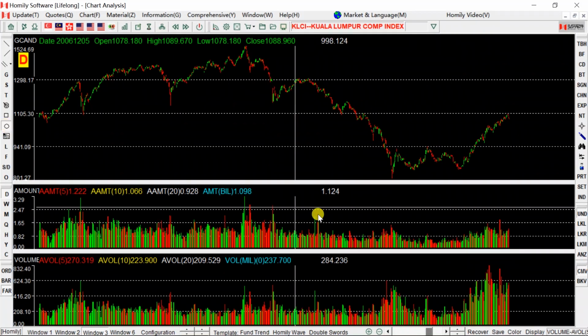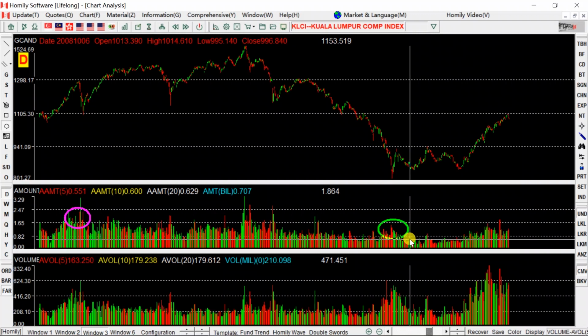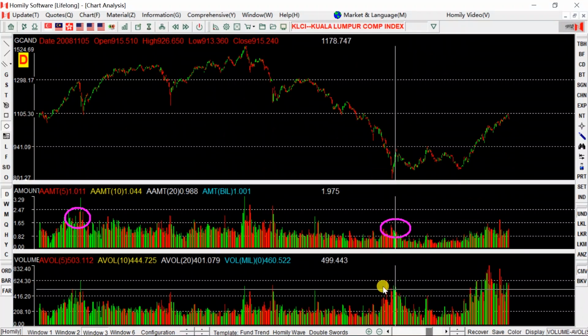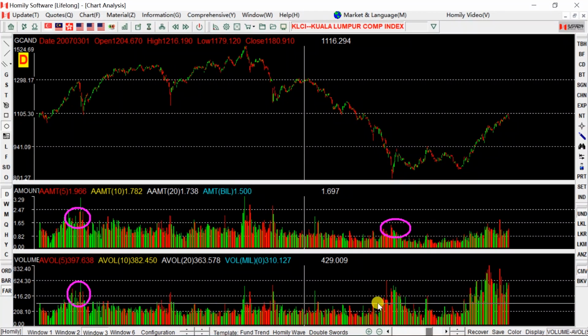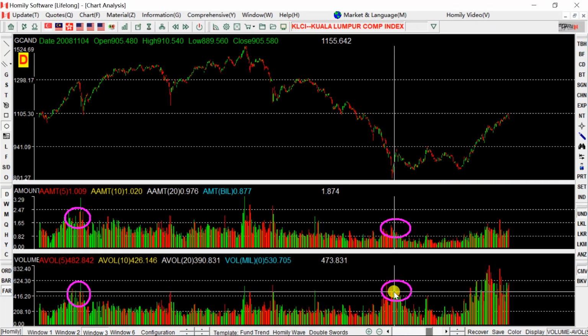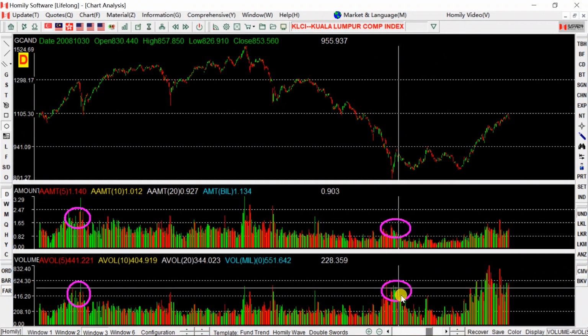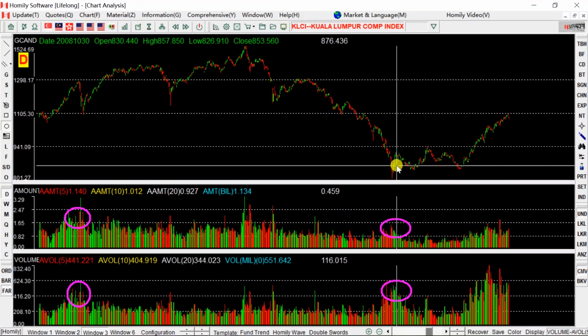We can compare two periods, this period and this period. We find this is a small amount, but at the same time, if we compare to volume, we find the volume is enlarged. So if we find a small amount but the volume is enlarged, it's highly possible this is a bottom